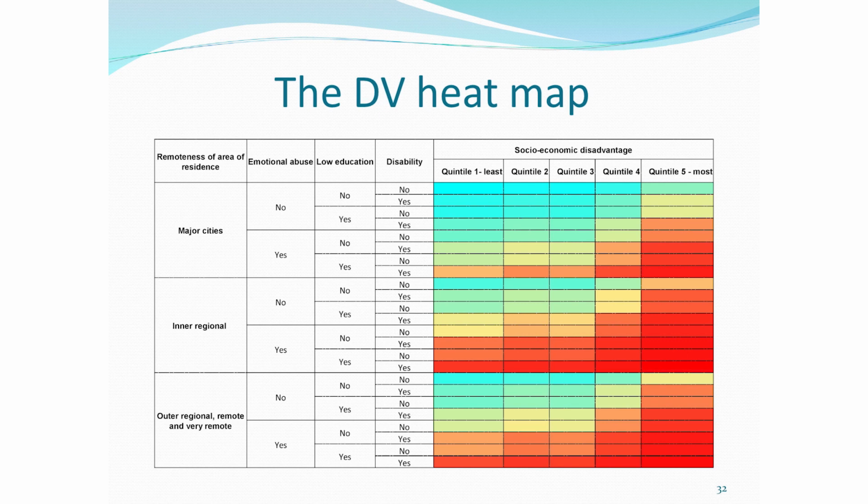So this is a wonderful heat map. The credit for this belongs to one of the researchers in the Bureau, Sarah Rahman. This is her DV heat map. Basically, here goes my colour blindness again, I think it's red. Yeah, okay, the more red it is, the higher the risk. So if you look across, you can see the general pattern is that if you're in the lowest or the highest disadvantaged quintile, you're much more at risk. And you might notice too, if the answer is you're in a regional area, the risk extends up to the least disadvantaged quintile. Likewise, even in major cities, if you're answering yes to low education and yes to a disability, you're at risk. So you get a diagrammatic picture of the way in which risk is spread across these various factors.